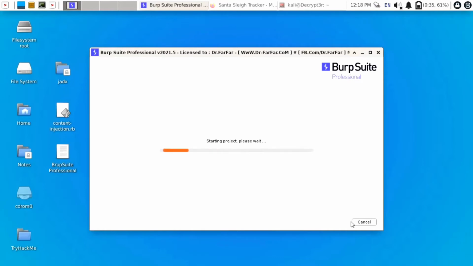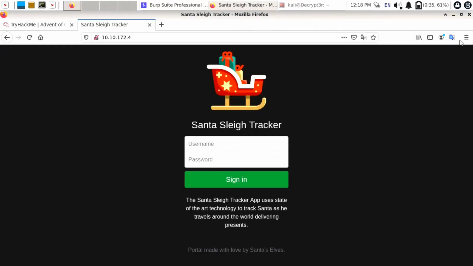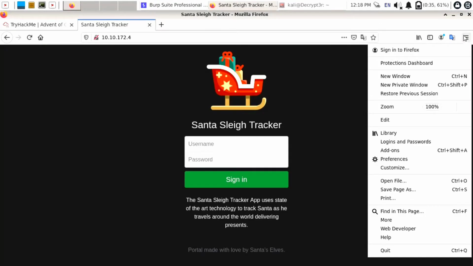After Burp Suite gets started, we have to configure our proxy, meaning we have to mention our proxy IP. We will use IP 127.0.0.1 and port 8080. We have to configure this on Firefox also. So just go to menu, preferences, and in preferences you can search for proxy.